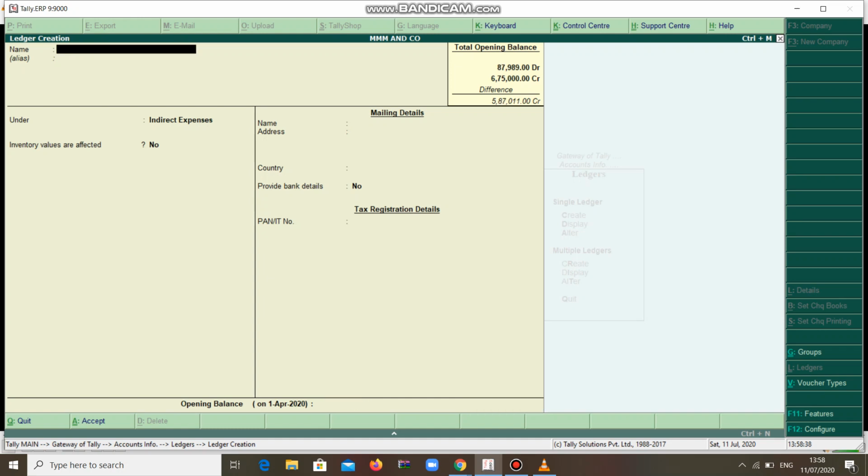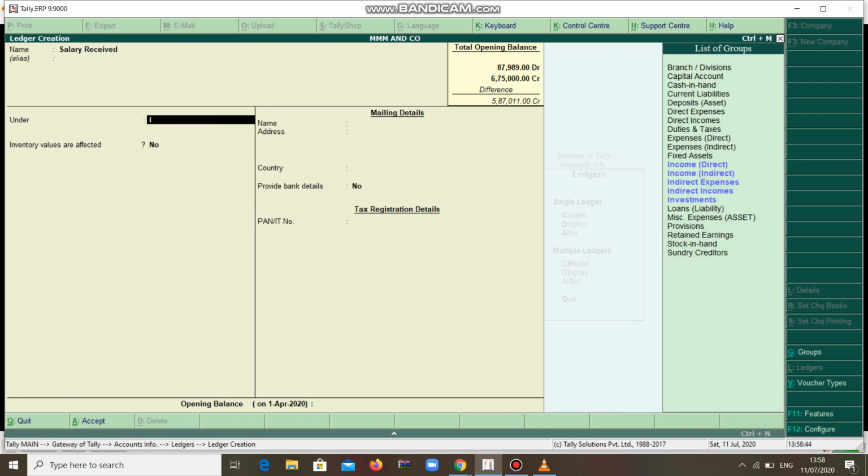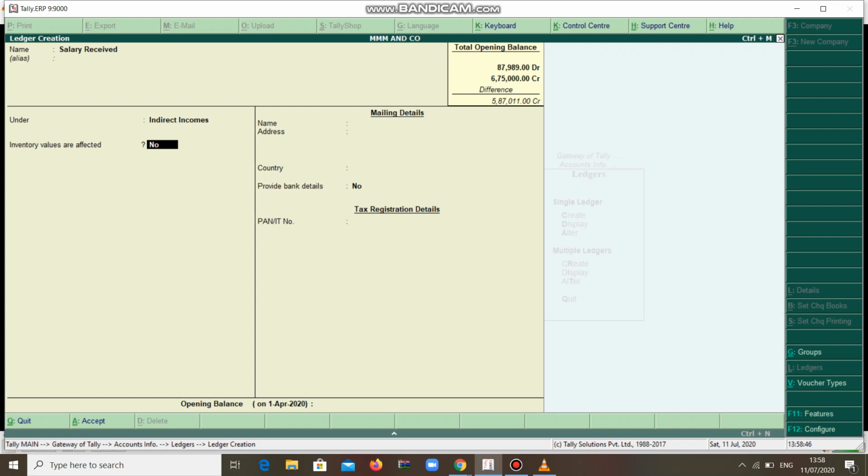Then indirect incomes. Indirect incomes are those which are income to our company, like salary received, indirect income, rent received, commission received.